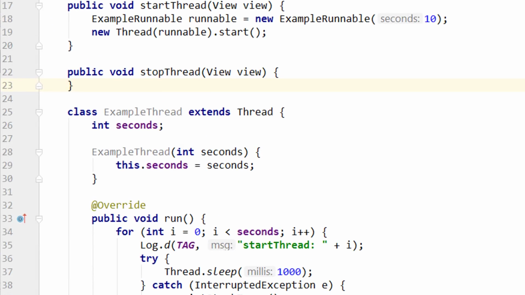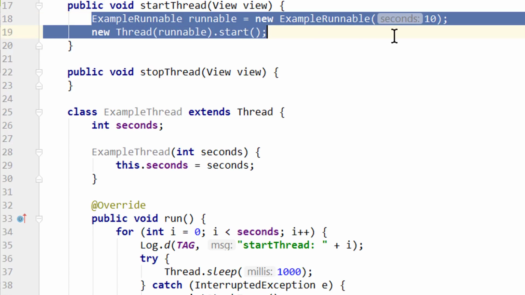Actually, in both cases we execute a runnable, because the Thread class implements the Runnable interface. This is why it has this run method as well. The runnable object basically just encapsulates the code that we want to have executed by a thread. Now even though the thread approach seems more straightforward and more logical, the preferred way is usually implementing the Runnable interface and then starting it on a new thread.